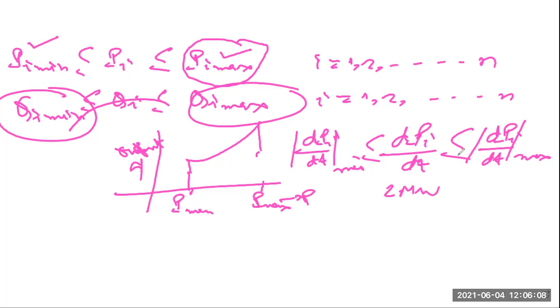For example, now you have to reach, let us say, 100 megawatt. So you can calculate that this is the rate. You cannot cross this value. This is, let us say, 50, and this value is 10. So you cannot generate less than 10 megawatt per minute, and you cannot increase your generation by, let us say, more than 50 megawatt per minute. Okay, so this is the limit. Because if you are changing your generation at a faster rate, the generator will not be able to sustain it. So it may be out of synchronism also.